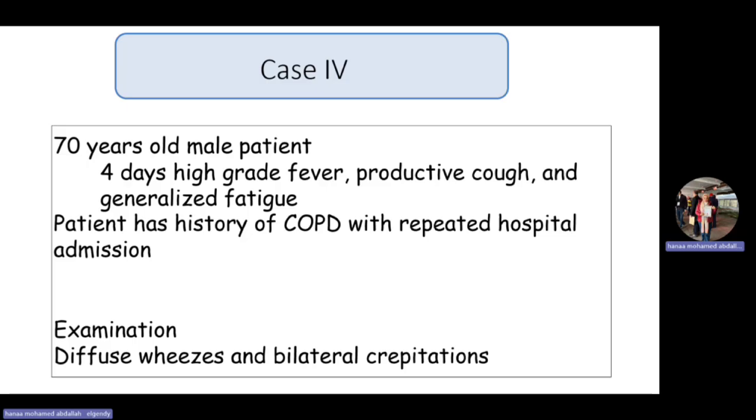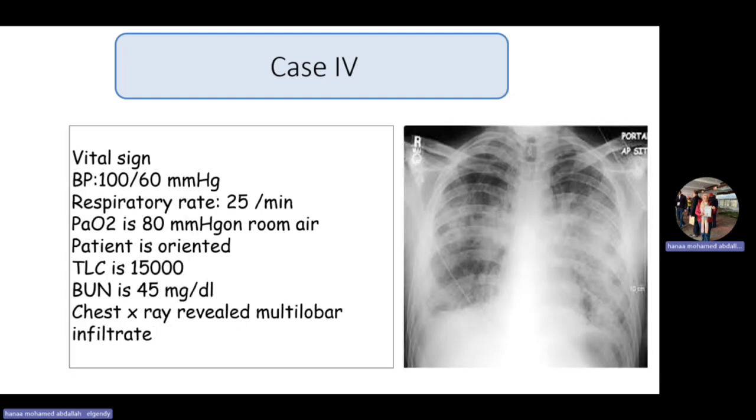Case number 4, a 70-year-old patient complaining for 4 days of high-grade fever, productive cough, and generalized fatigue. The patient had a history of COPD with repeated hospital admission, so there is high risk of MRSA and Pseudomonas, which should be kept in mind while taking a history from the patient or the relatives. By examination, there are diffuse wheezes and bilateral crepitations. Blood pressure was 100 over 60, respiratory rate 25, PO2 is 80, patient is oriented, TLC is 15,000, BUN is slightly high at 45 mg/dL,